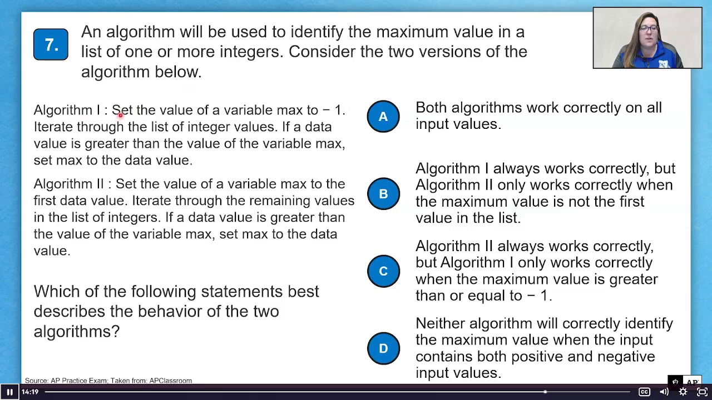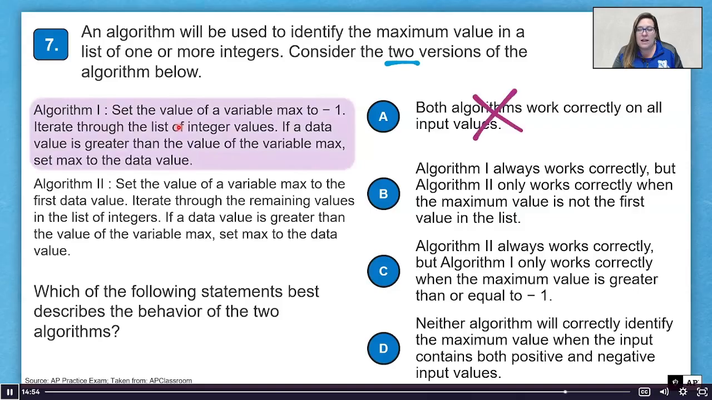So if I look at this for algorithm 1, set the value of the variable max to negative 1, iterate through the list of integer values. If the data is greater than the value of the variable max, set max to the data value. Well, in Chicago, we have multiple days that are below 0. So if all my numbers are like negative 20, negative 30, negative 25, negative 1 will turn out to be the max, but that wasn't even the temperature on a given day. So if I set it to negative 1 and all the values are below negative 1, it's not going to work. So I know algorithm 1 does not work,